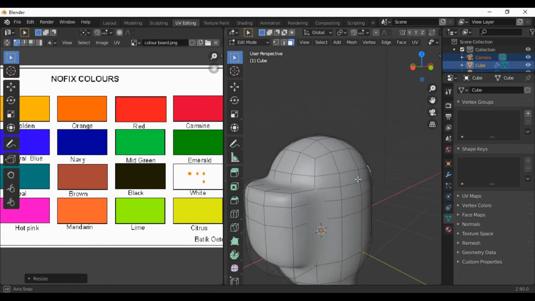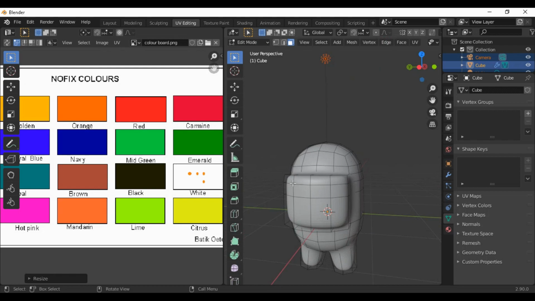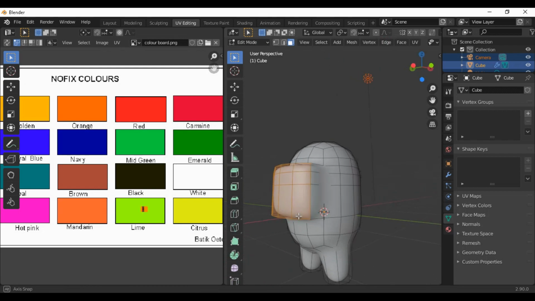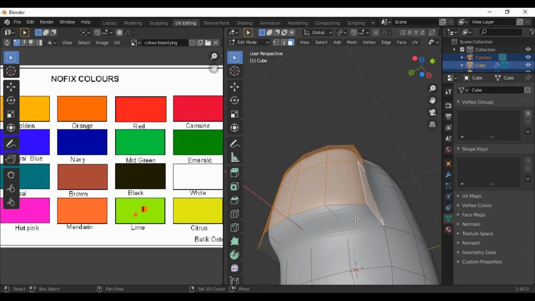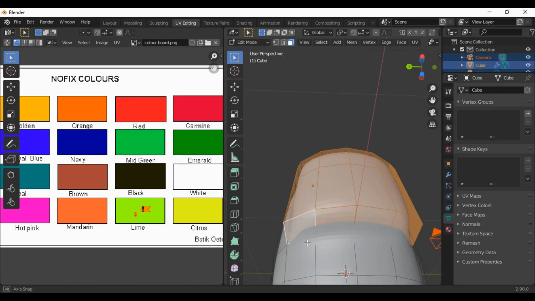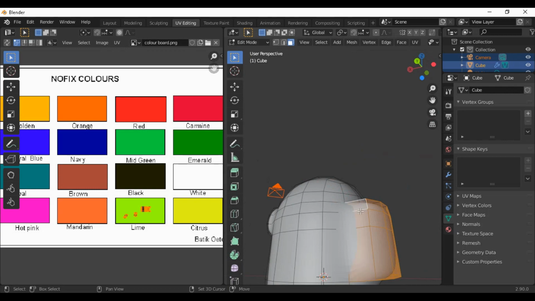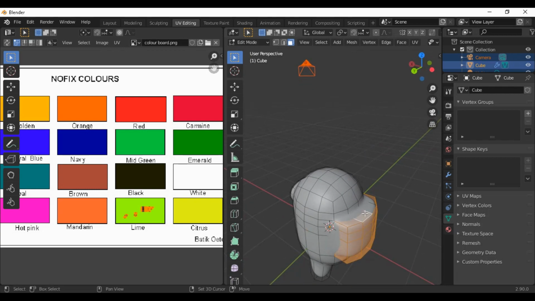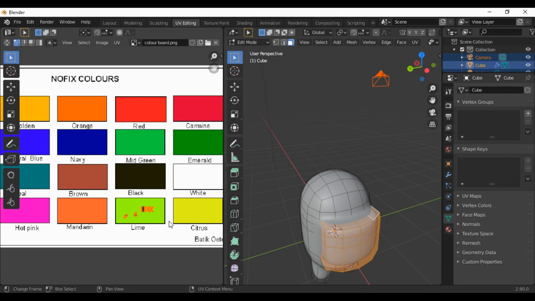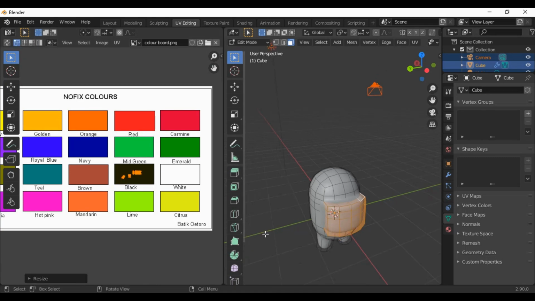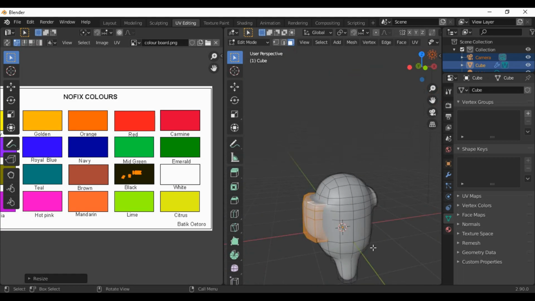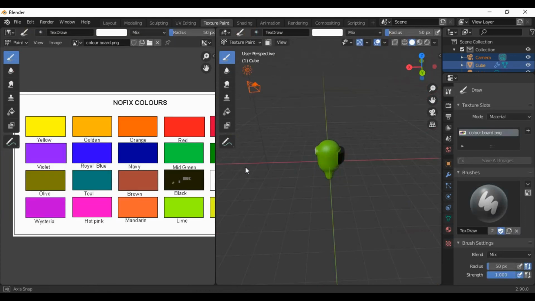Now we are going to give some color to our bag. It's a bag. Yes, it's a bag. Select this face, this face, this face, this face, this face, this face, this. Okay, now drag these faces to a black box. Yes. Okay, now let's see what happened. Go on texture. Oh wow.